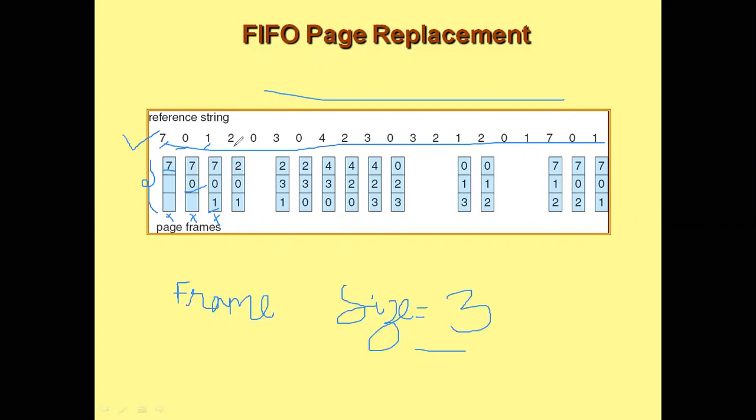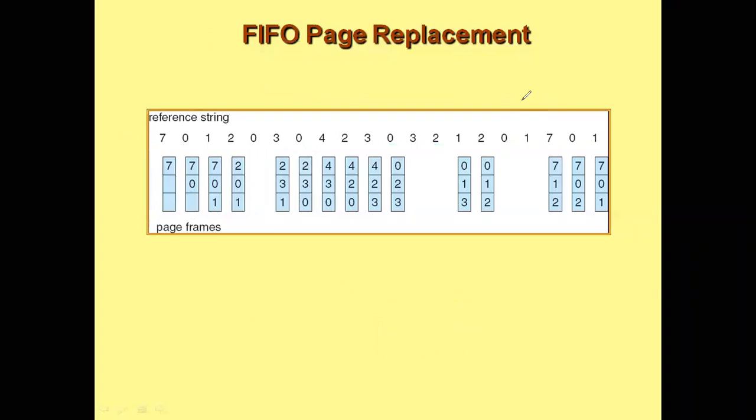Now coming to 2. This concept of FIFO works on replacing the page that has not been used. So what is FIFO? First in, first out. The one which has come first will be replaced, that is, the one which has not been used for a while will be replaced. For example, see this 2, guys. One second, now let me use new annotations.